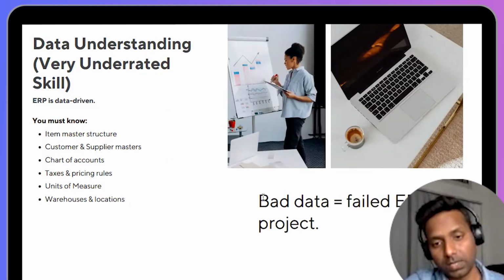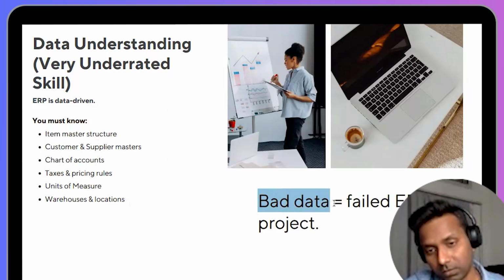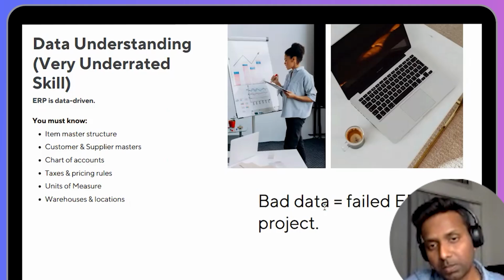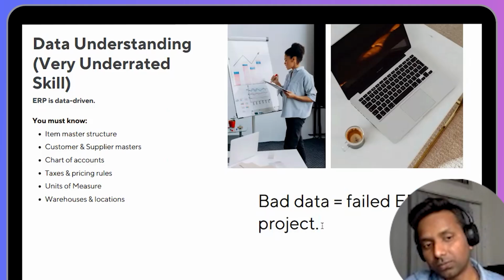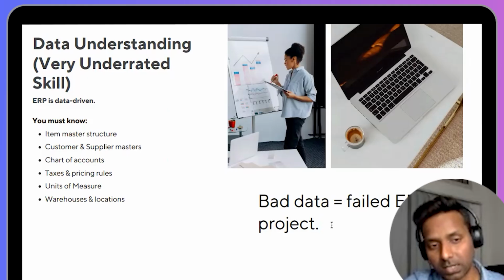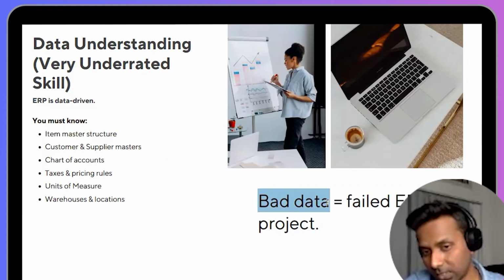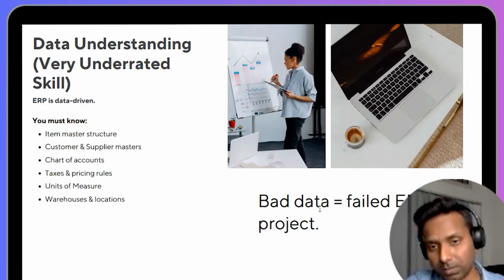And also remember, this is a very important line: if your data are not correct and you have implemented with bad data, and once you finish implementation, after some time the company asks you for some specific kind of reports that need some specific data, then it fails. For example, in the item master, if someone asks, now give me the items which are about to expire in 3 months, but you haven't maintained the item with the batch number or expiry date, then of course your entire implementation failed. So make sure that whatever data you are entering is correct; bad data is just like a failure.